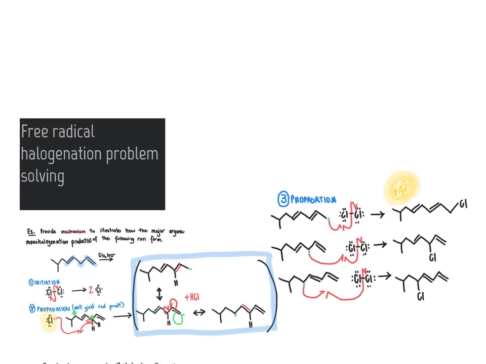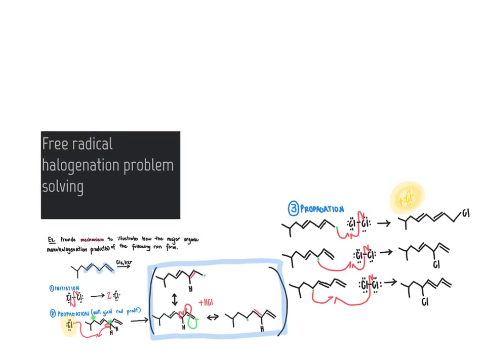So that's our general mechanism for allylic halogenation, and highlighting this situation where you have a carbon that is allylic to 2 different alkene groups. If it's allylic to 2 different alkene groups, it's going to be most favorable for the halogenation reaction to take place there. So let's go onward now to another example